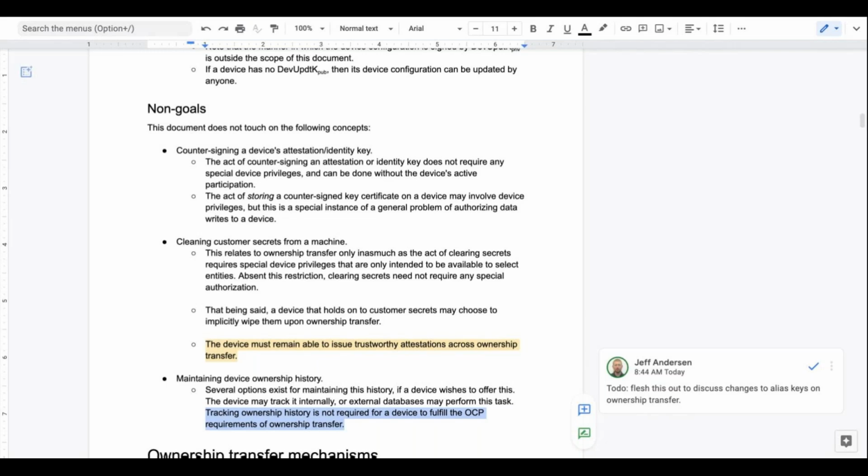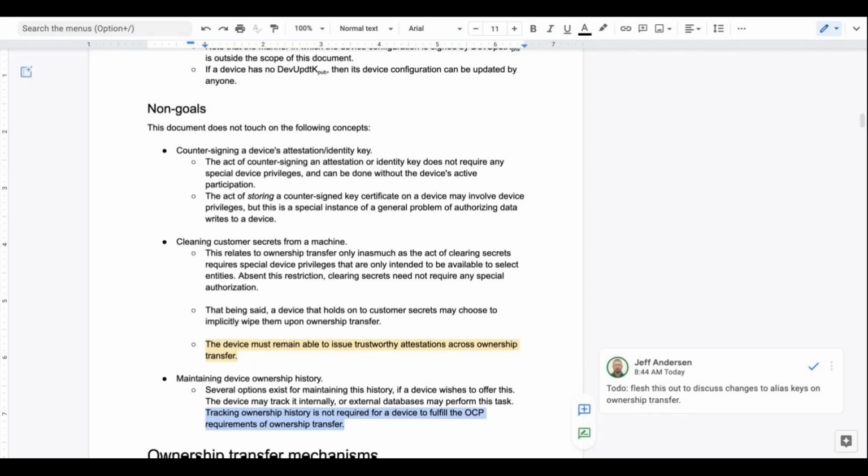Yep. Okay, cool. I do note, in the prior examples of ownership transfer, the device's history does factor in, like, we have this bit saying, can you reverse the ownership transfer, go back to the prior owner? I discussed some changes to how ownership transfer could work, some layers of indirection, which would make that bit unnecessary.